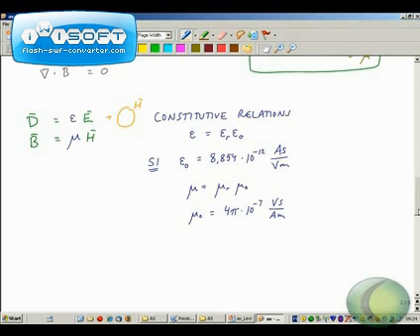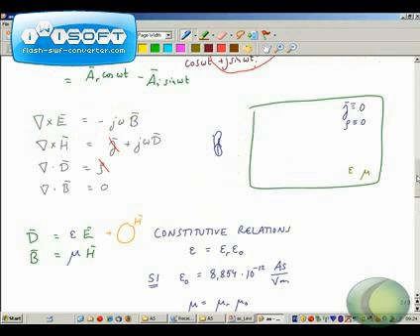Okay, but if we deal with a very simple homogeneous medium, meaning that it is the same in every place, and say free space, characterized by this epsilon and mu, then we can simplify the Maxwell's relations here by